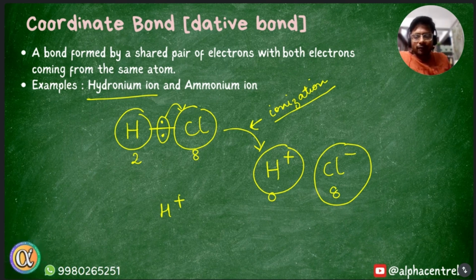It's not that it got separated from chlorine and it became alone like a positive cation. Even before giving electron to chlorine, H plus had already made its arrangement. There was another arrangement, so it just feels like we were unnecessarily feeling sorry for this hydrogen, that it is completely losing its electron to chlorine. But the other side of the story says that hydrogen was already pre-planned